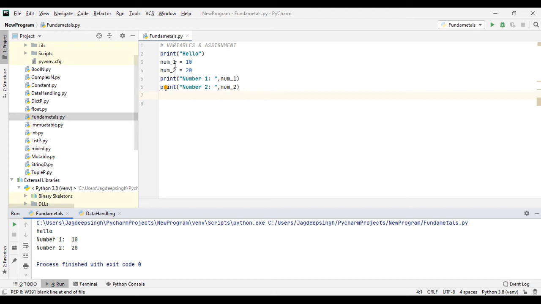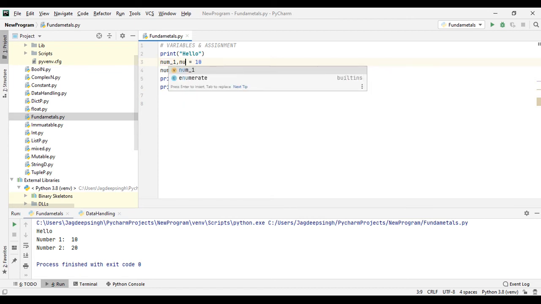For example, if you want to assign different variables in a single line, then you can do so. We can also assign variable values with a comma. In this method, the first value 10 is assigned to number 1, and the second value 20 is assigned to number 2.